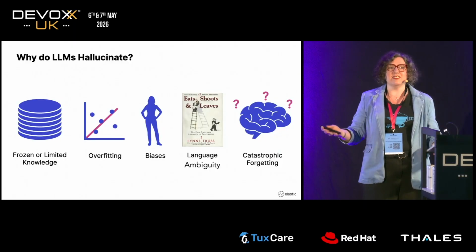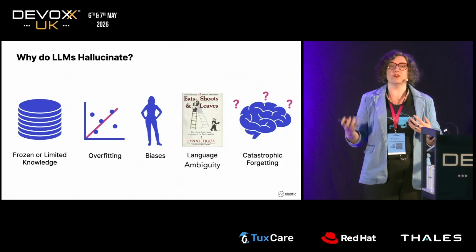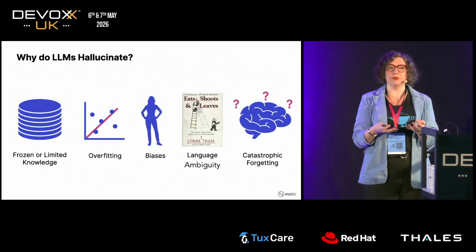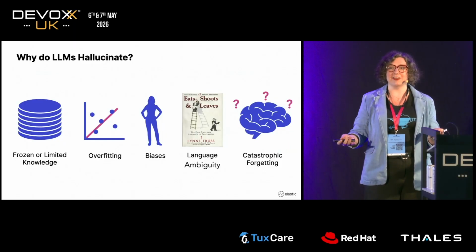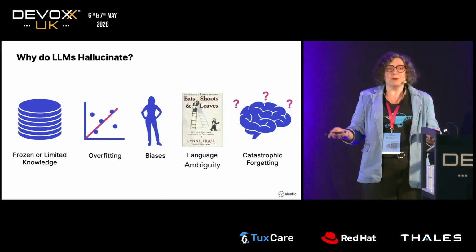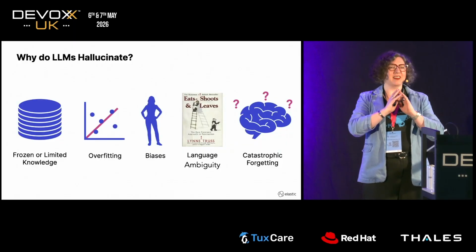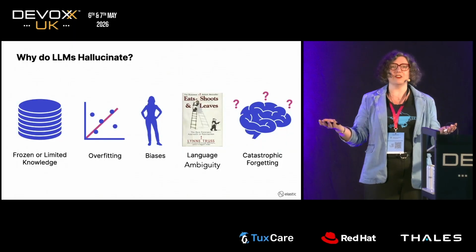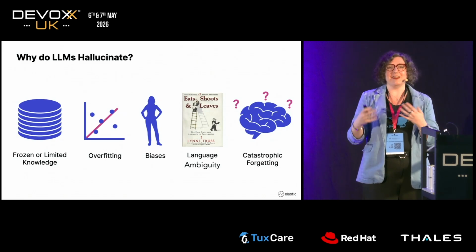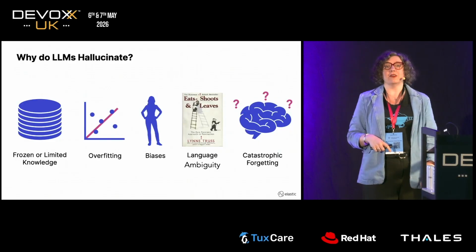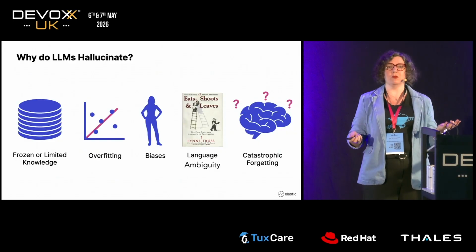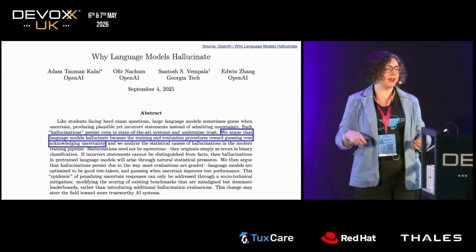There's biases in the data set, not just relating to gender, but all sorts of other protected characteristics that can influence an agent. And if we end up with agents, for example, that are making loan decisions and we find out it's turning down people based on these protected characteristics, we have a problem. There's language ambiguity. Anyone who's had to help a young kid with reading knows that the English language is full of it, and it's actually quite difficult sometimes to discern from context. And then there's this really wacky thing called catastrophic forgetting, where they just forget realms of training data randomly, which is a little bit scary.